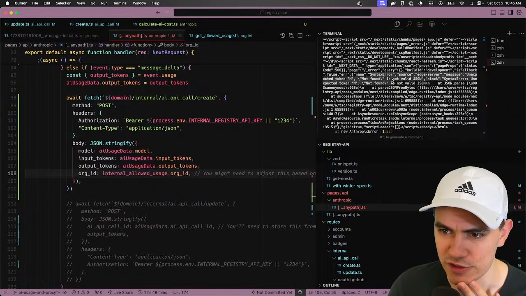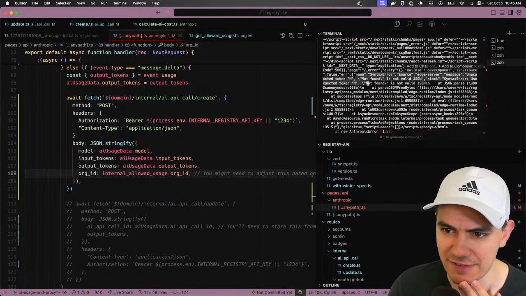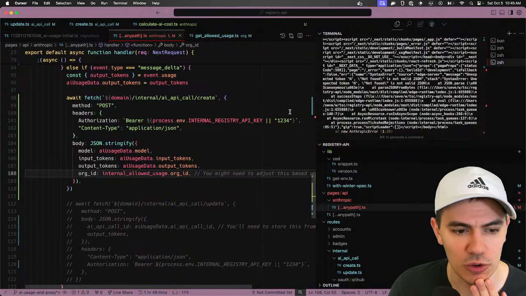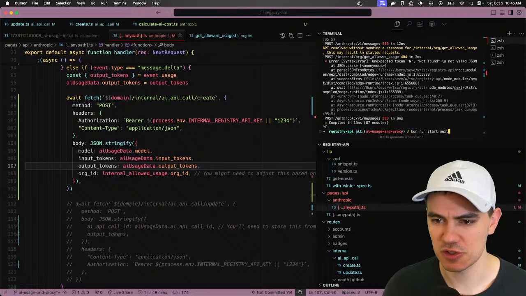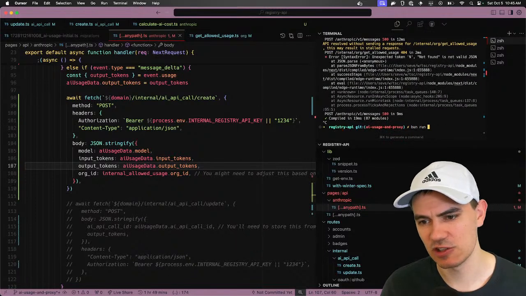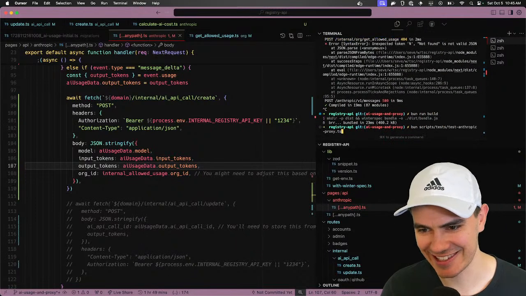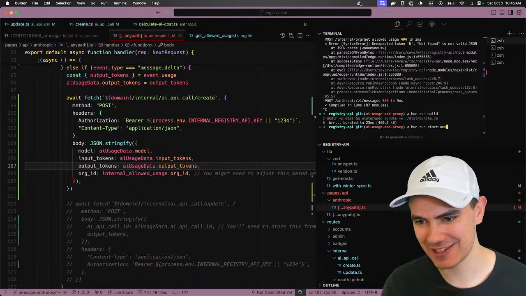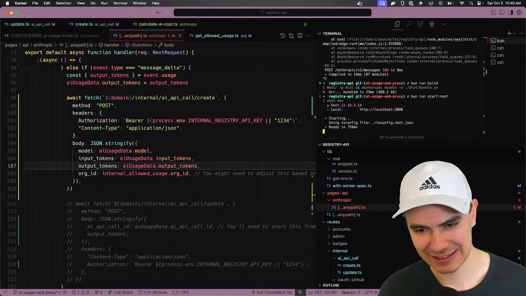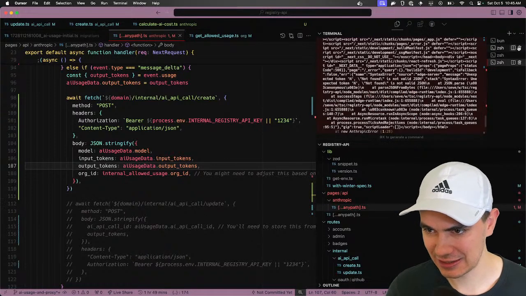I'm trying to parse the error. It says "not found is not valid JSON, unexpected token." I think I need to rebuild because there are new endpoints introduced. This is the jank, because normally I don't use Next.js. I have to use Next.js because I need access to the streaming responses. Hence the jank.